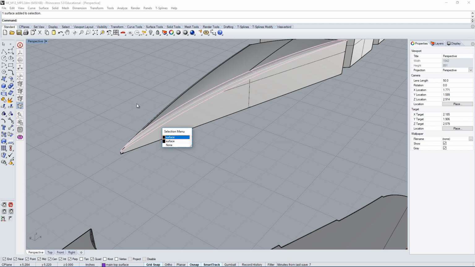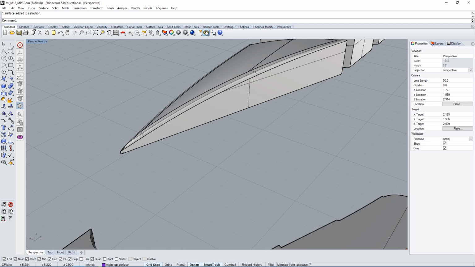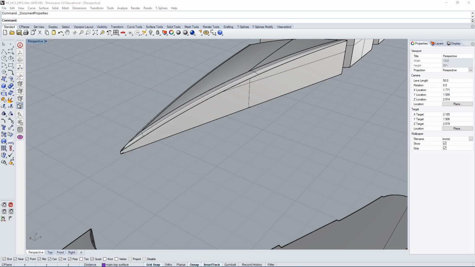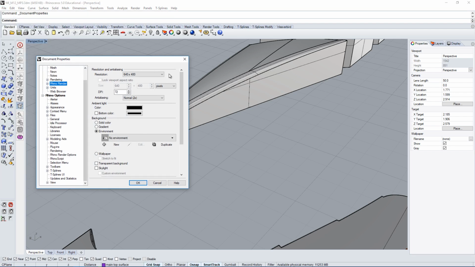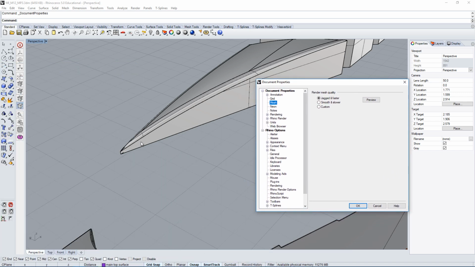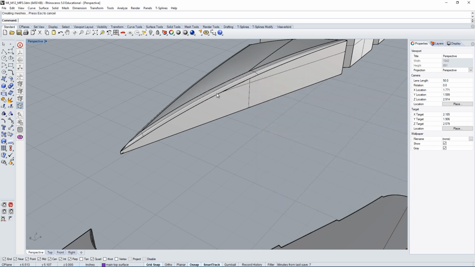So before you do anything, you're going to want to go to your properties, which you can find up here in Options, or you can go under File, Properties. It's going to get you to the same menu, which is the Document Properties. In here, you're going to have a few different options. One of them is the mesh. The mesh could help you in terms of the visual aspect of your model. It's going to do something similar to the Zebra quality of your surface mesh. And you can go up here, crank up the density to 1, and it should make it better, but it's not going to help you that much for this specific model.